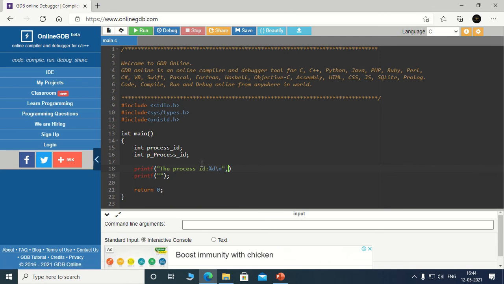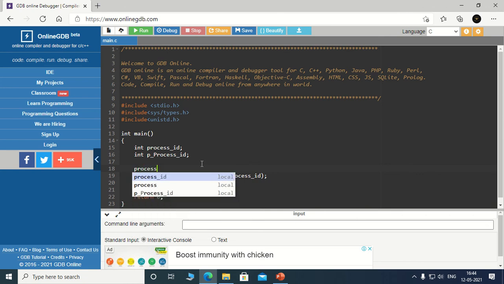And now I am taking a function with the process ID variable that I have taken. Now we need to use simple functions which are available directly to us. So I am using those functions.